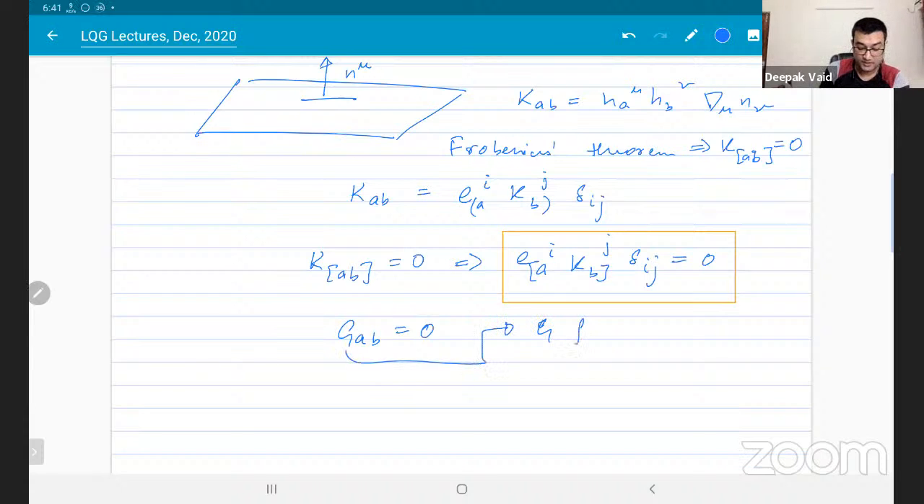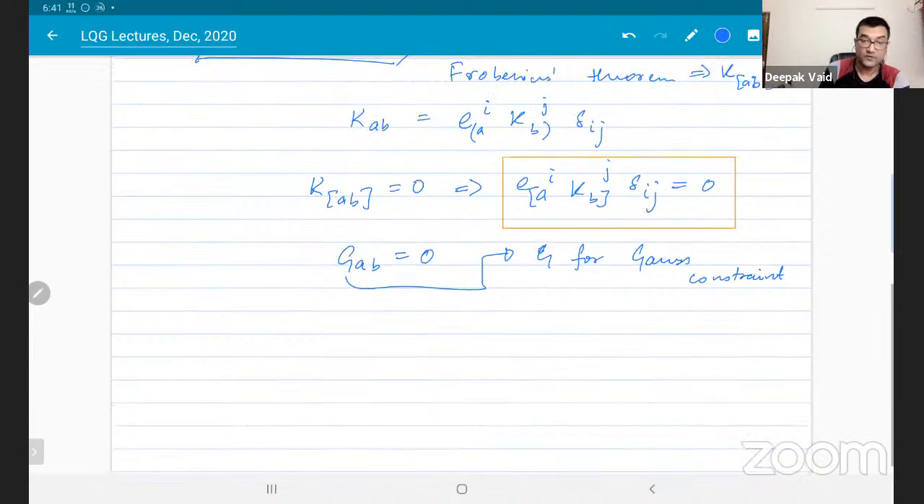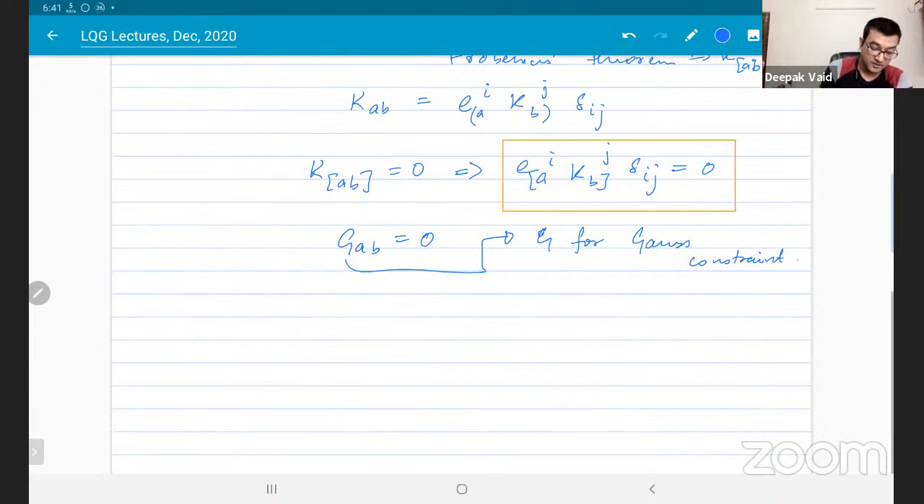The reason we call it G is because G for Gauss. This will take the form of the Gauss constraint, and we will see how that happens in a little bit. Okay. Now the next thing is that we have this triad. Using this triad, we can define another field which looks like this: 1/2 epsilon ABC epsilon ijk EA, sorry,